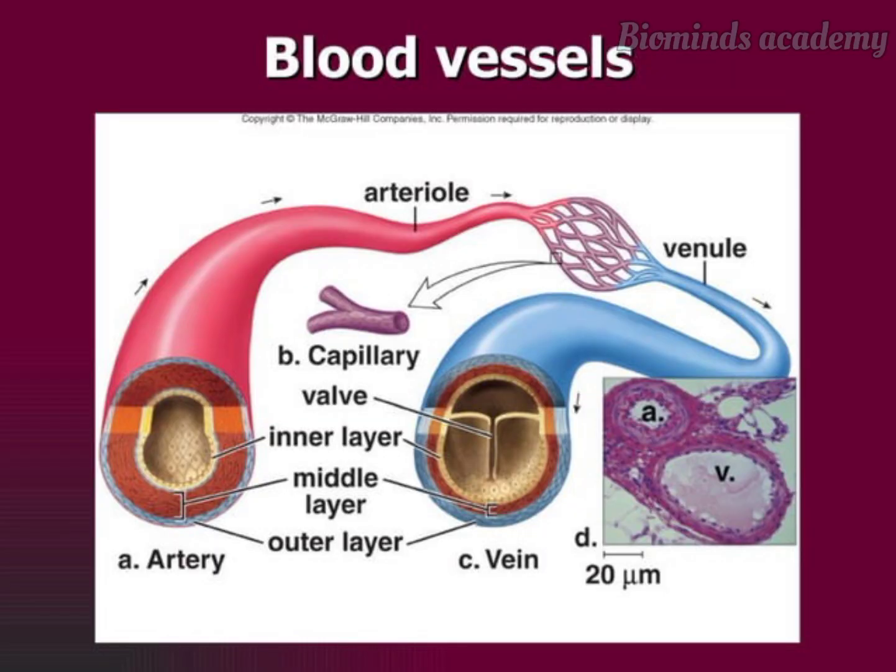This image shows the structural differences between the arteries, veins and capillaries. In the artery, the outer layer, middle layer and inner layer are present. The outer layer is the tunica externa, which provides structural support and elasticity, and the middle layer, tunica media, is the thickest layer, composed of smooth muscle cells and elastic fibers, which allows the artery to handle high pressure from the heart's pumping action. The inner layer is the tunica intima, a smooth inner lining that reduces friction as blood flows through the